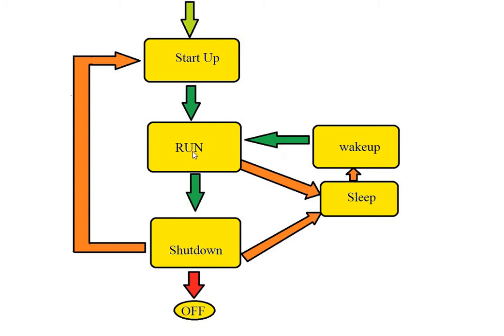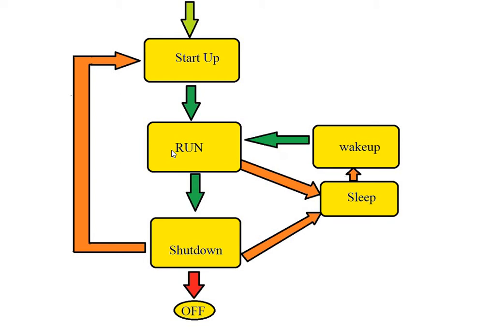so that it can start functioning. From this run state, it goes to the sleep state if the ECU is not doing any functionality and you want to save power. In this state, power supply is still on and there is no code execution. If we need to come out of this sleep state, then we need to trigger a proper valid wake up sequence. Once the wake up is reached, it will move from sleep state to the wake up state, and then again from wake up state to the run phase.